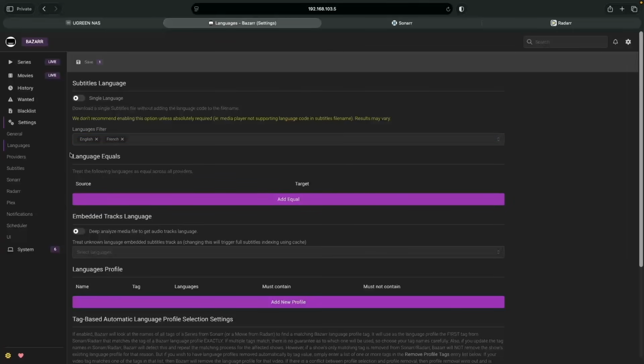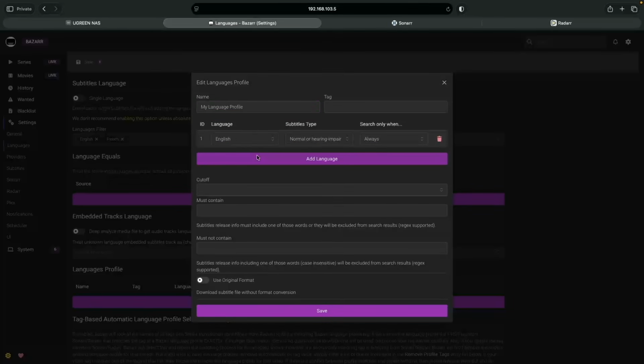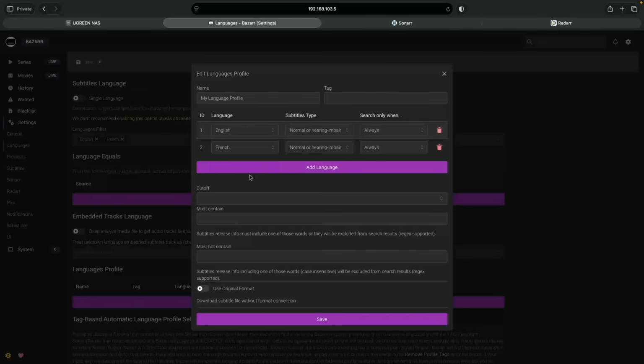Next, under Languages Profile, click Add New Profile, which will bring up the Edit Languages profile window. You'll then want to enter a name for your profile, which can be anything you want. Then click Add Language for each of the languages you selected earlier and adjust the language field as needed, then